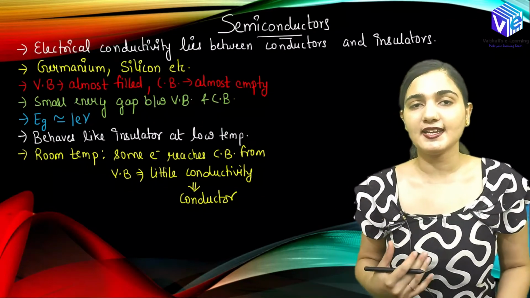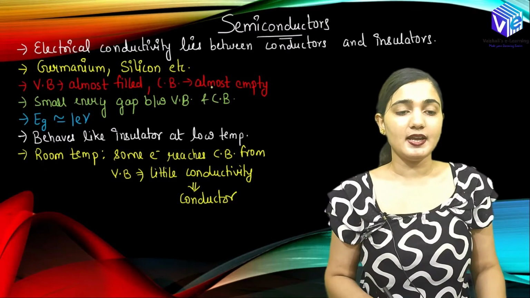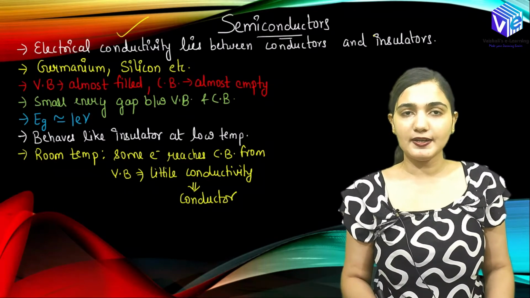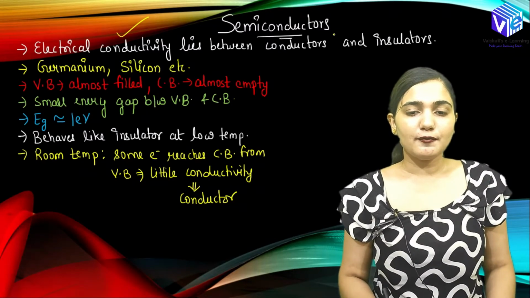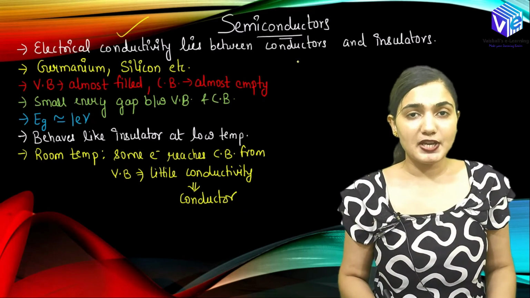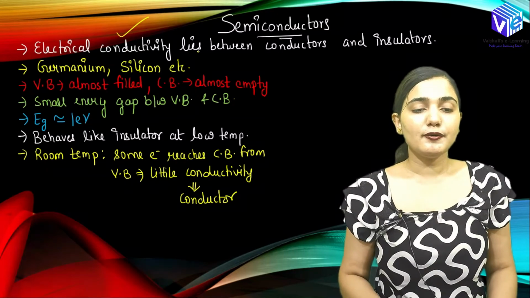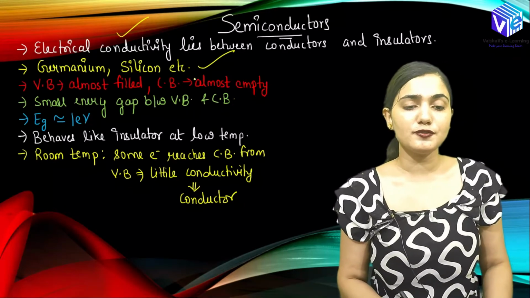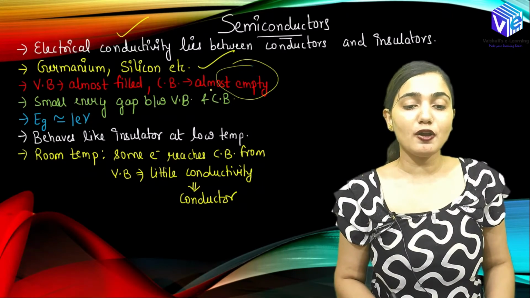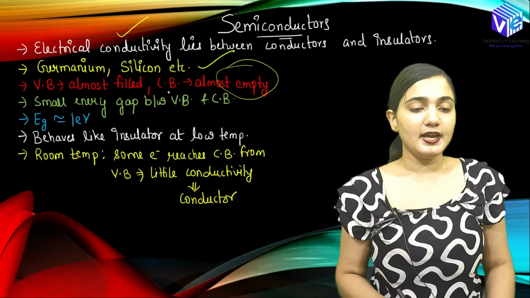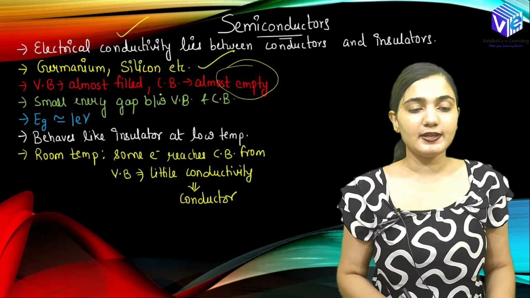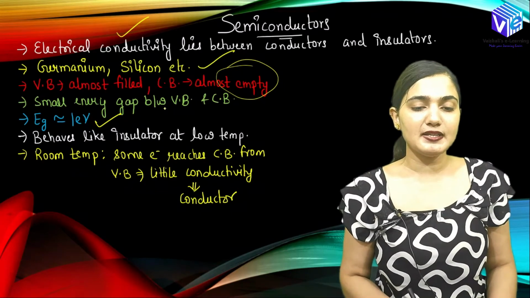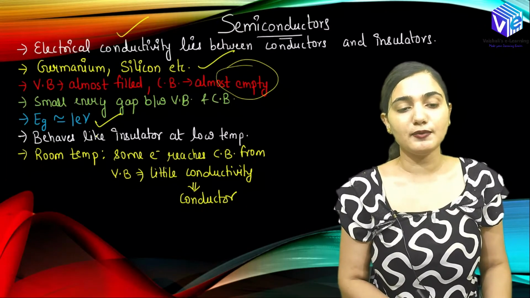So now coming to the last type of material, that is semiconductor. In the semiconductor, the electrical conductivity lies between the conductor and insulator. We have seen it, right? With the electrical conductivity measurements also we have seen it. For example, I have germanium, I have silicon. Here the valence band would be almost filled and the conduction band will be almost empty, but it is not fully empty, right? So I can say I will have a small current, the energy gap would be small. A small energy gap is present between the valence band and conduction band, which is nearly equal to 1 electron volt.